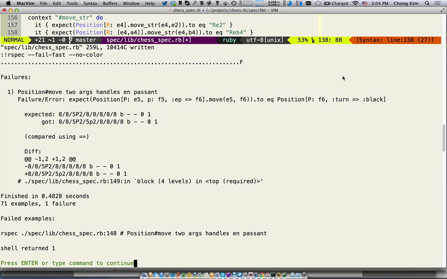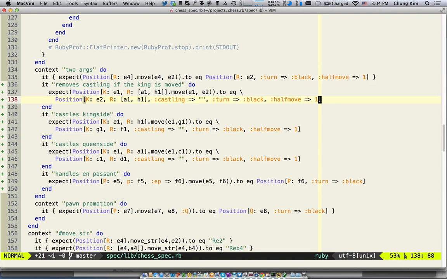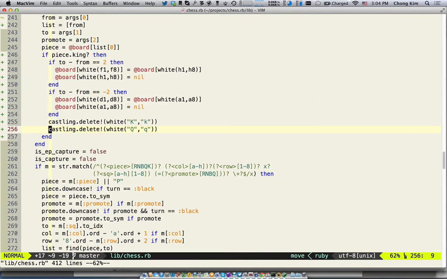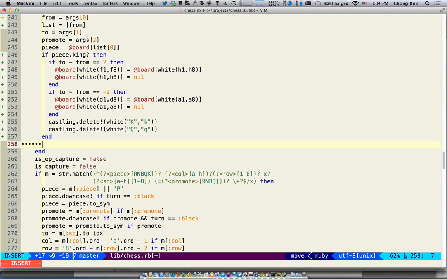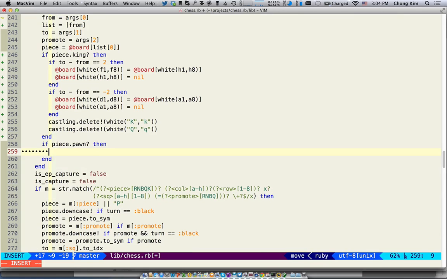Okay, so this handles en passant, and the pawn is still there, so we need to get rid of that pawn. If we detect that it's an en passant, we have to remove it. All right, so let's go back to the code, and this time we say if piece is a pawn. Okay, and how do we know if it's en passant? If